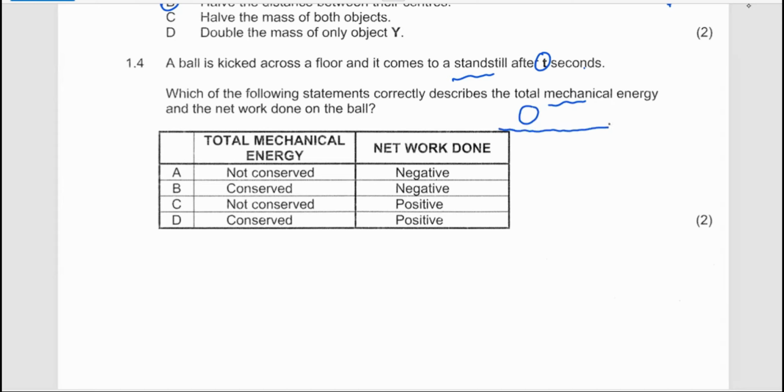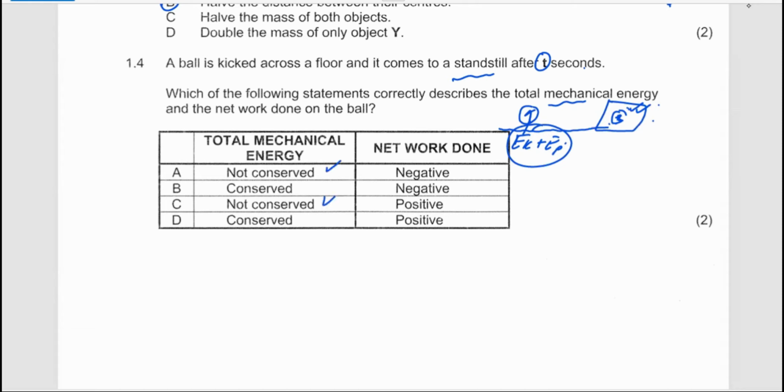Now, the kinetic energy will decrease because the final velocity is 0. And then the potential energy might stay the same. But now, when the ball is rolling, we know that the combination of kinetic energy and the potential energy is going to be bigger than the potential energy only at the end when it is at rest. So in that case, the fact that there's a difference between the energies or the mechanical energy, you're going to choose not